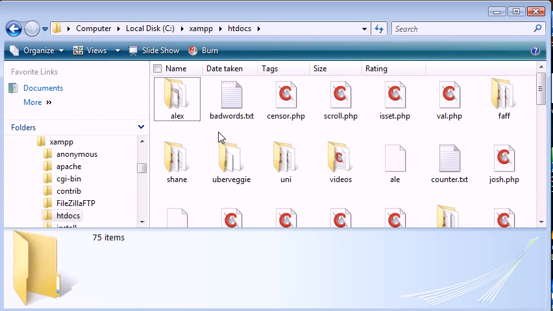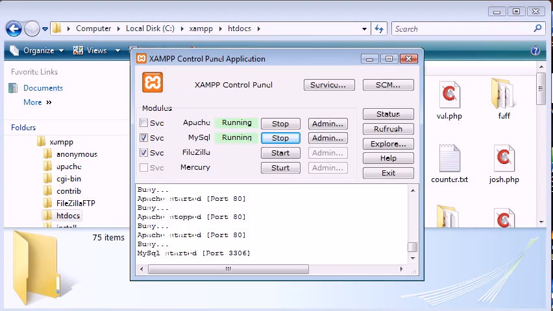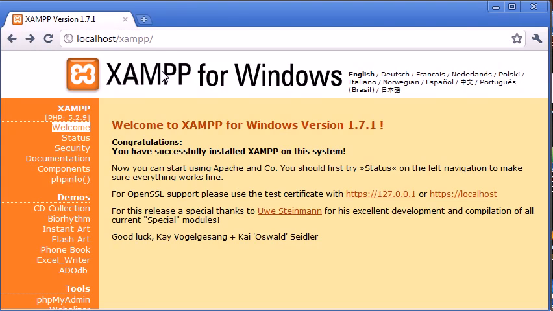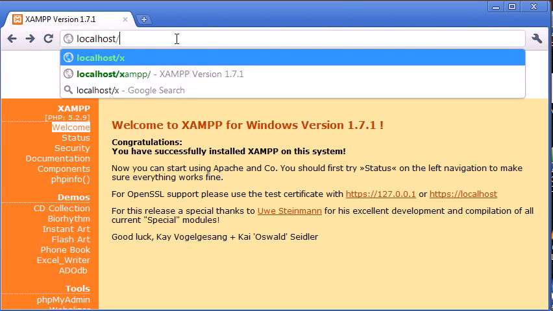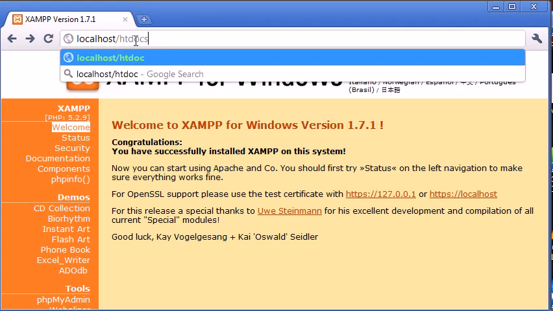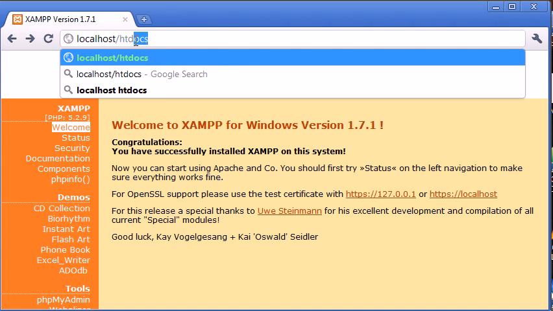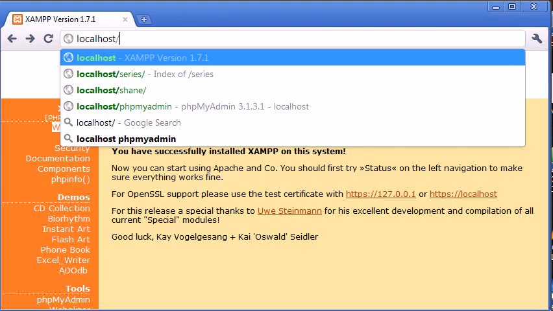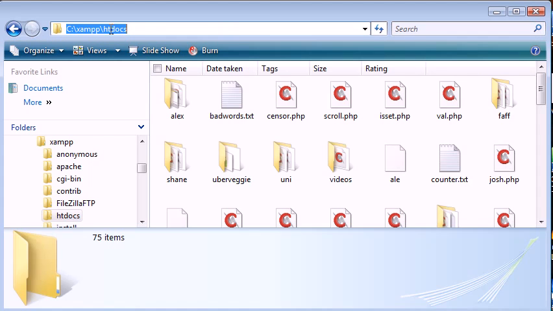Now inside htdocs at the moment it's a bit of a mess for me. I've got a few files in here, but we want to create our PHP file in here. So let's just open up our browser. So you know now that we access our local server from localhost. Now we don't need to do localhost/htdocs/ and our file, because htdocs is the root directory, if you like, for where